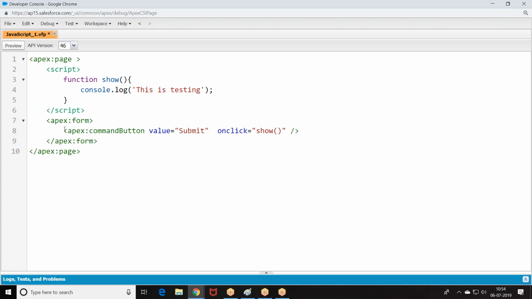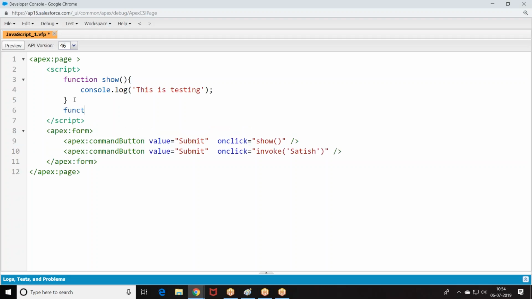Now I am creating one more button. Then we are calling an invoke function. How do you define it? Function.